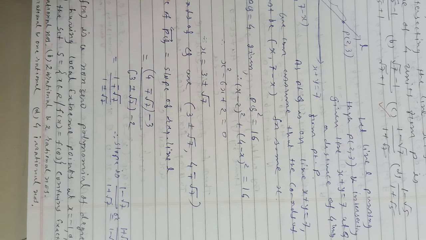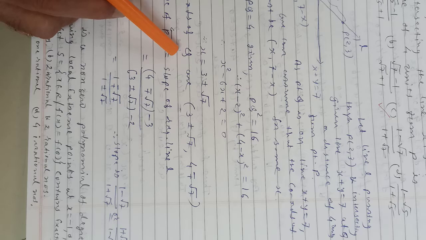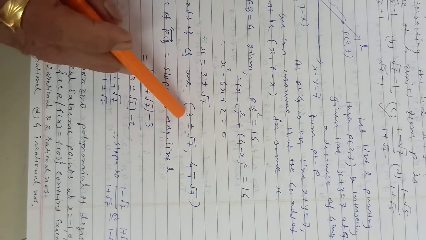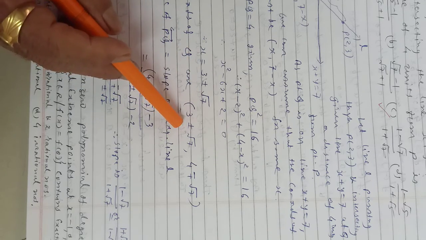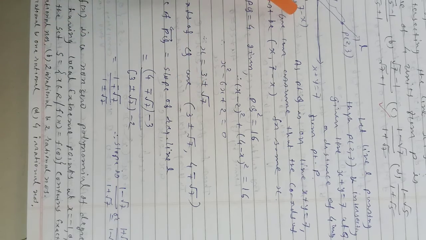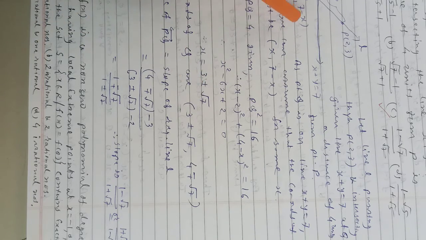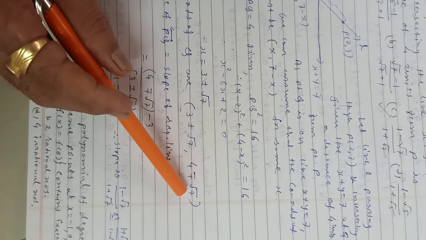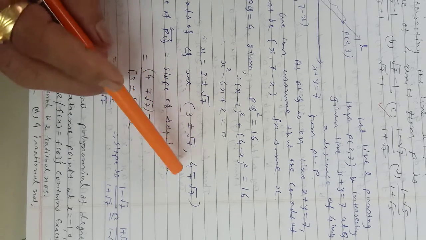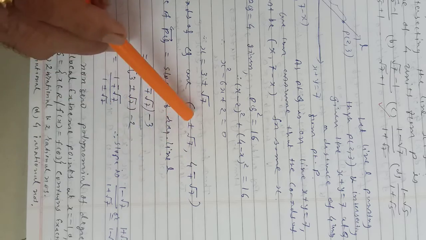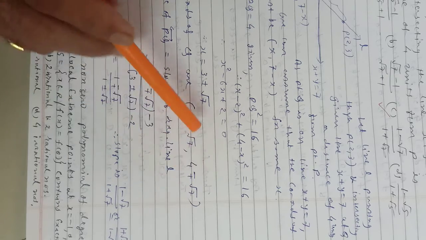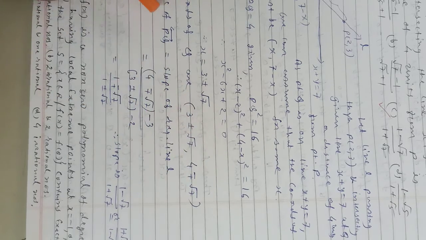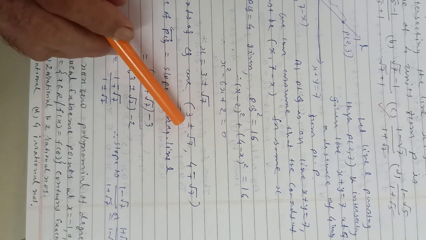Check yourself. Coordinates of Q: therefore x coordinate 3 plus or minus root 7, and substituting this x value in your y coordinate, 7 minus this value, that is 4 minus or plus root 7. Be careful here, plus minus, but here minus plus. Means whenever we take the plus sign here, there is minus, and minus then plus. So these are the possible coordinates of Q.